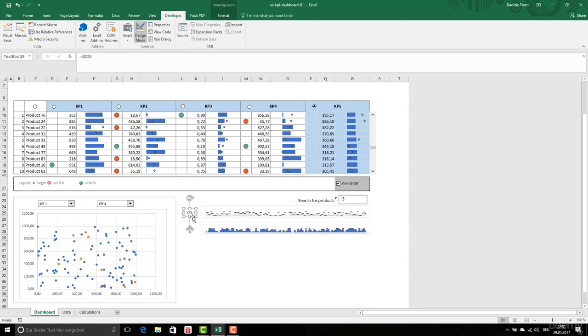These, for example, are labels, okay? So I'm gonna keep here type KP3. Okay, I'm gonna resize it. I can also format